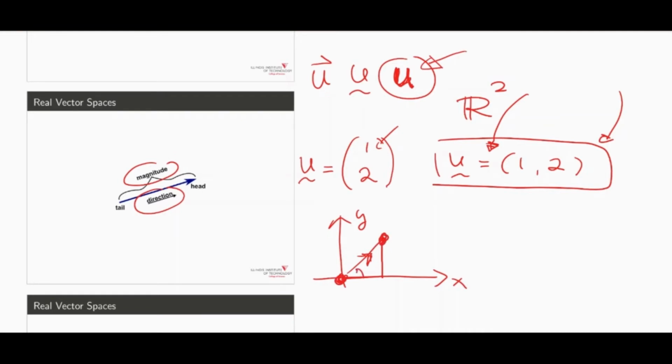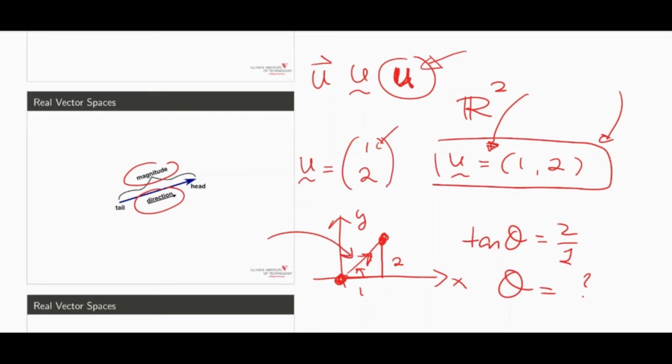So you can see there's the directions right here. This is 1 unit here, 2 units here. So the directions, you can compute that. Tangent theta is going to be 2 over 1. So you can compute the theta to indicate the direction of the vector that it is pointing at, and also